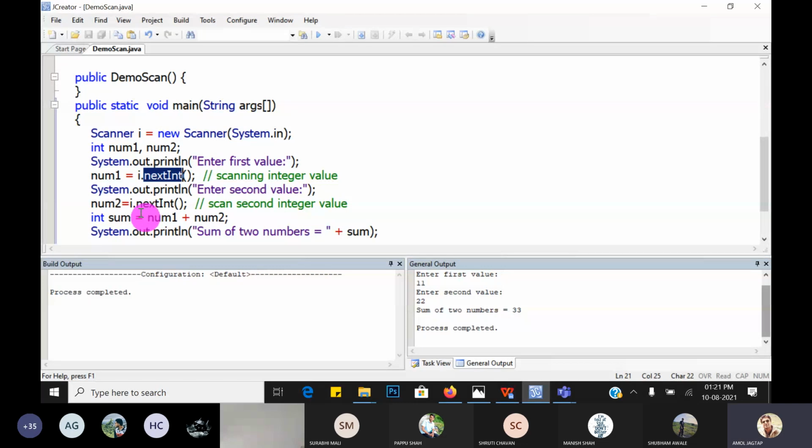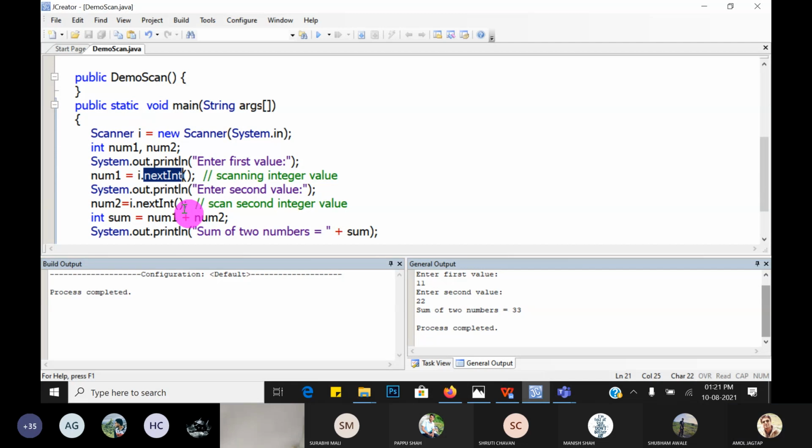If you want to scan a double value, use nextDouble. If you want a float value, use the nextFloat method. If you want to scan a string, use nextLine. Okay, so let's check once again how it works.